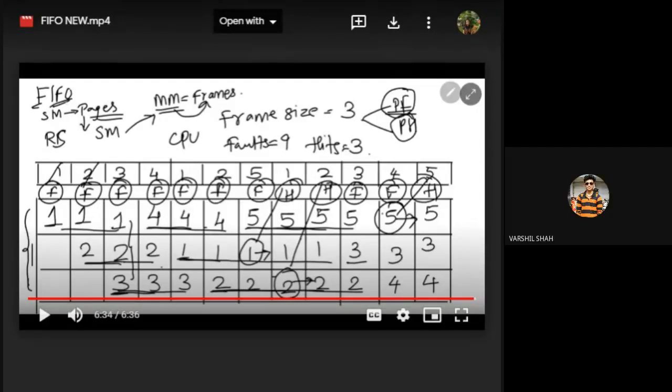Ma'am, if the occurrence of two numbers is equal, then what will happen? If the occurrence of two numbers is equal, for example, अभी यहाँ पे देखो, 1 5 times था, 2 4 times है, ठीक है ना? तो अभी अगर 1 भी 4 टाइम हुआ और 2 भी 4 टाइम हुआ, then you have to go with the first method. 1 और 2 में पहले कौन आया चेक करो. तो 1 पहले आया, इसलिए 1 से रिप्लेस करो.